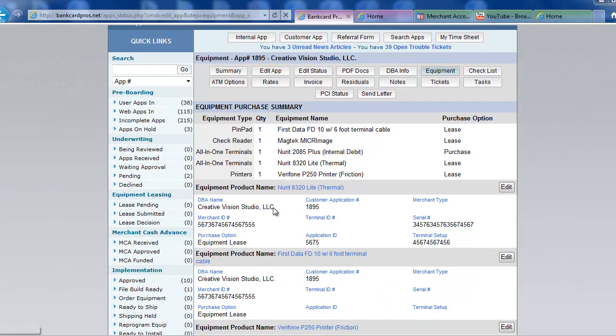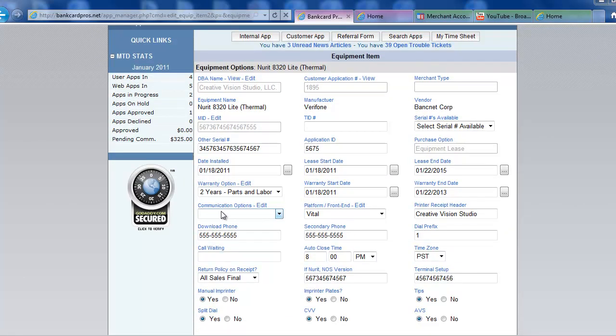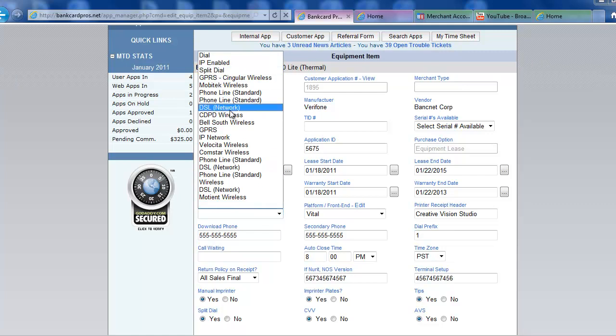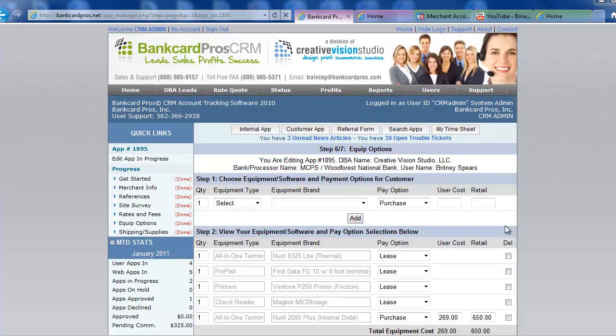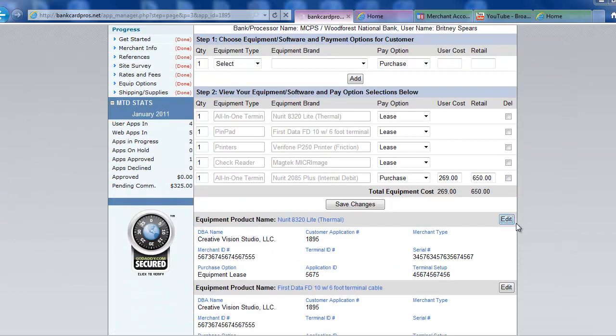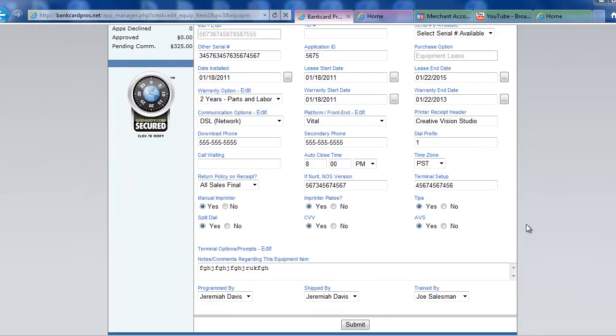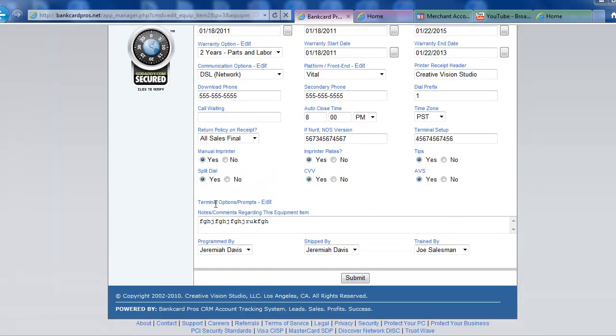click on the equipment, and we're going to go back to the 8320, and we're going to edit, and you're going to now see communications options. So basically we're doing DSL network, and what we're going to do is submit that. Now that that's saved, we're going to go back to edit, and you're going to see down here terminal options